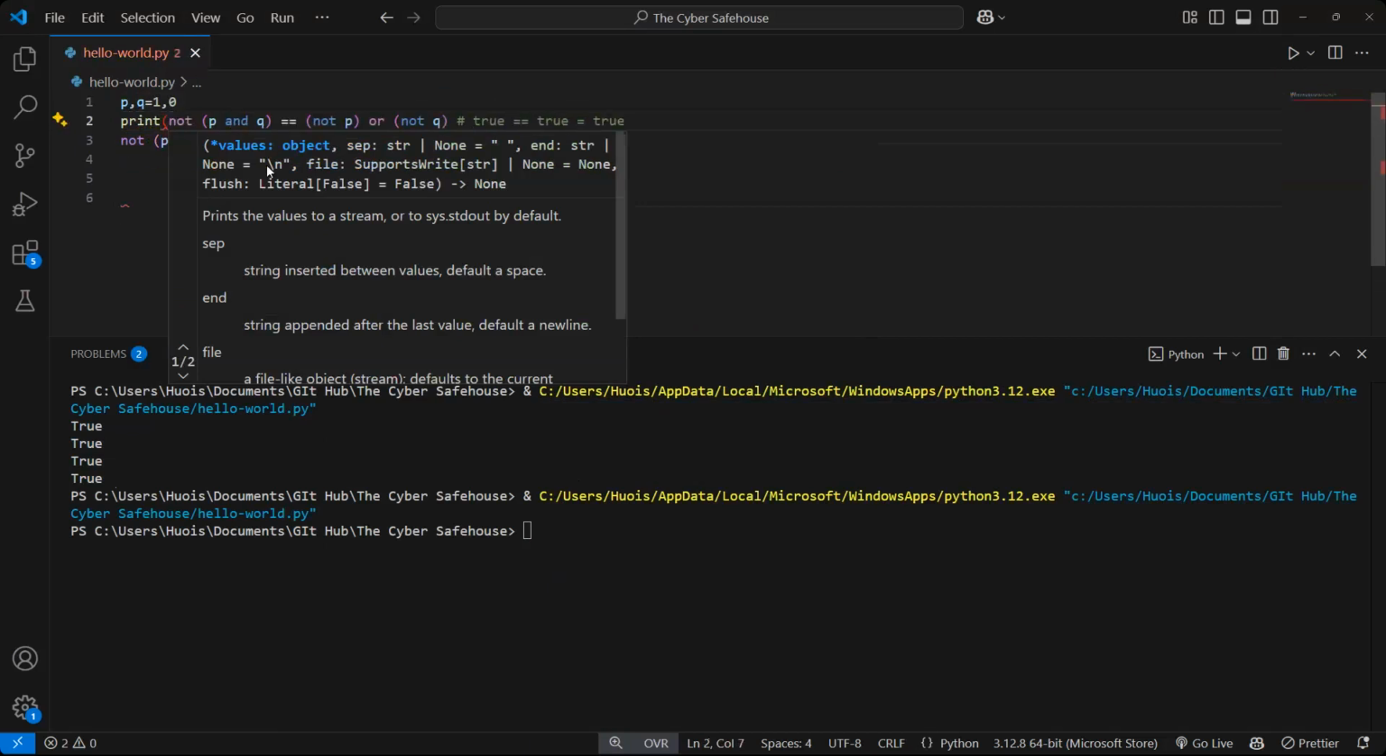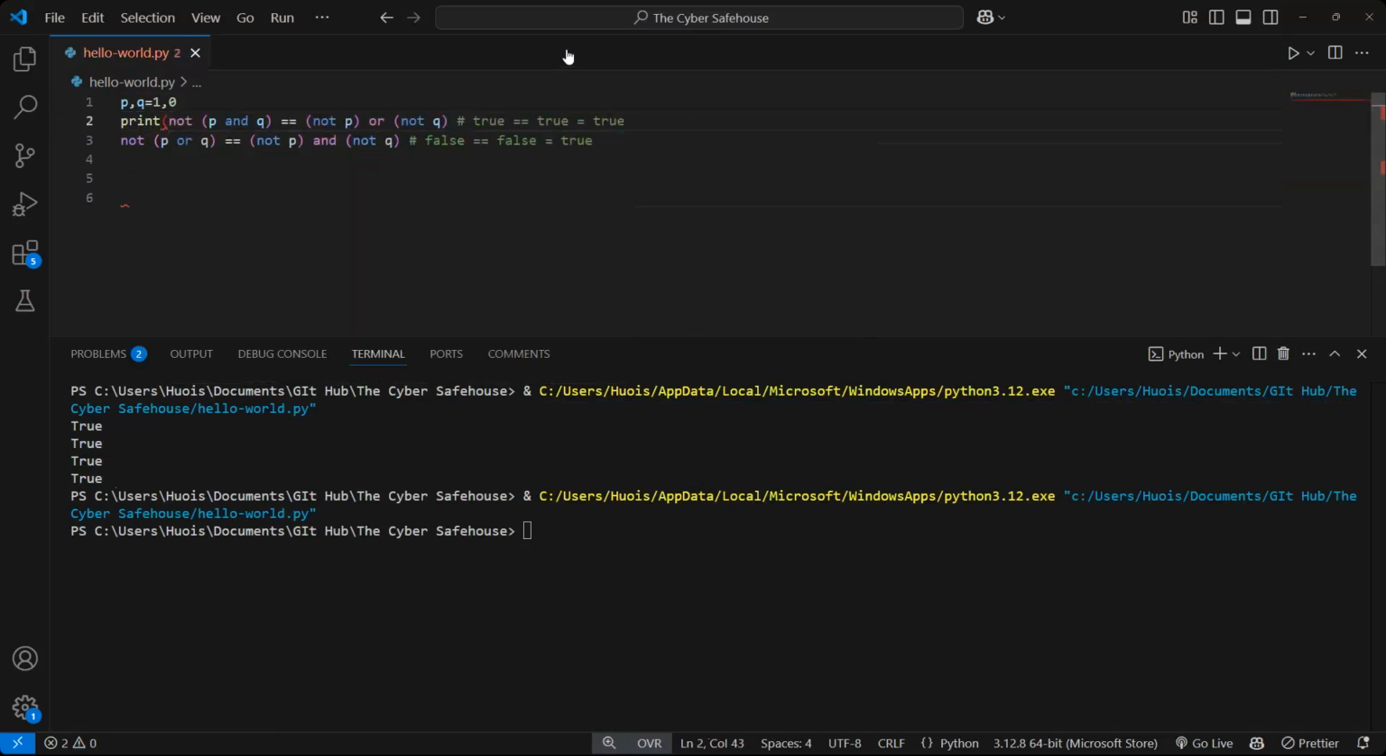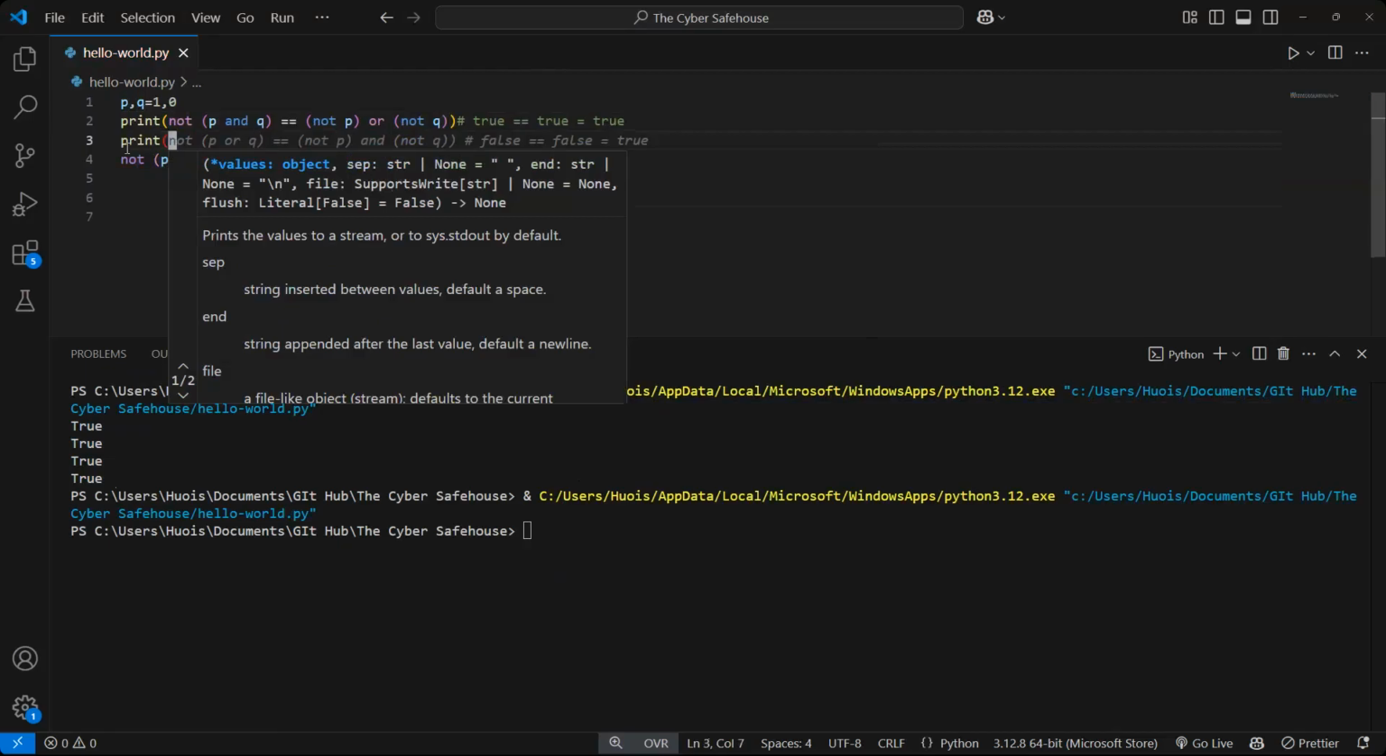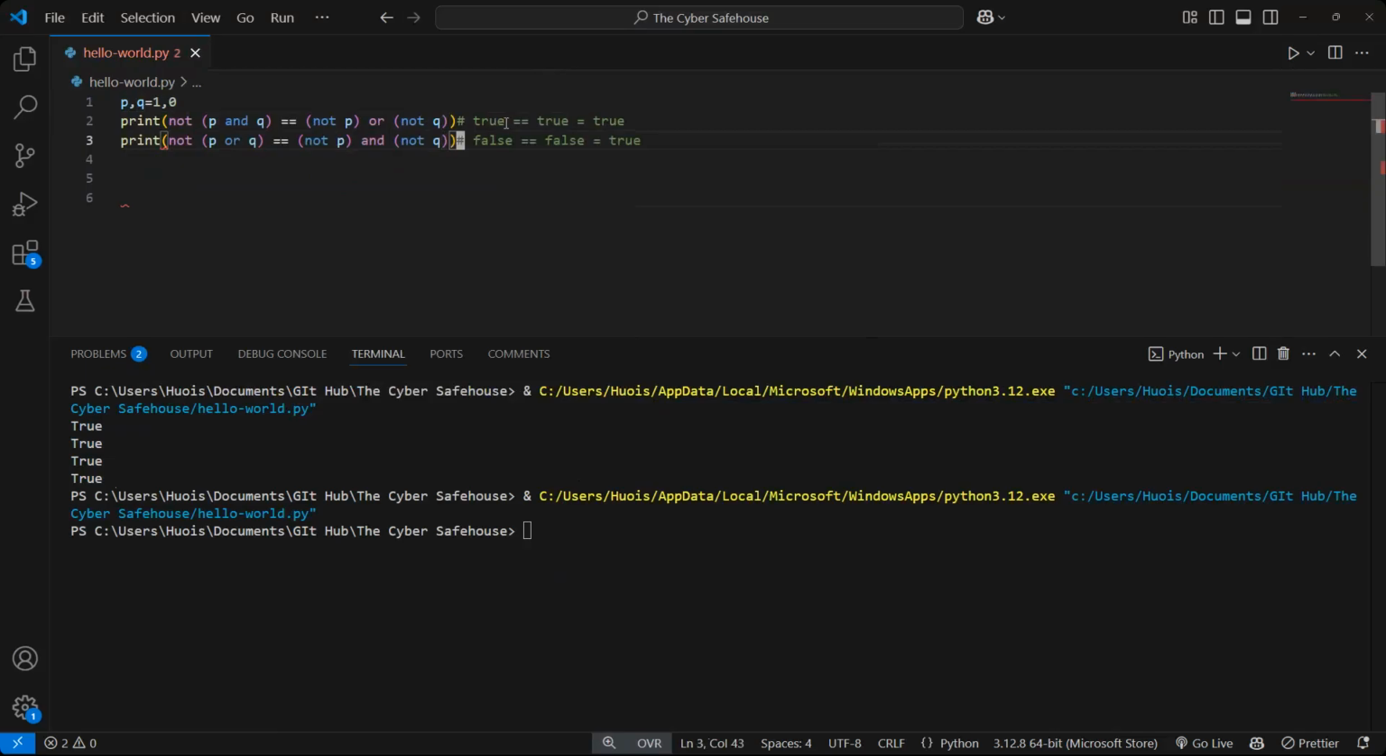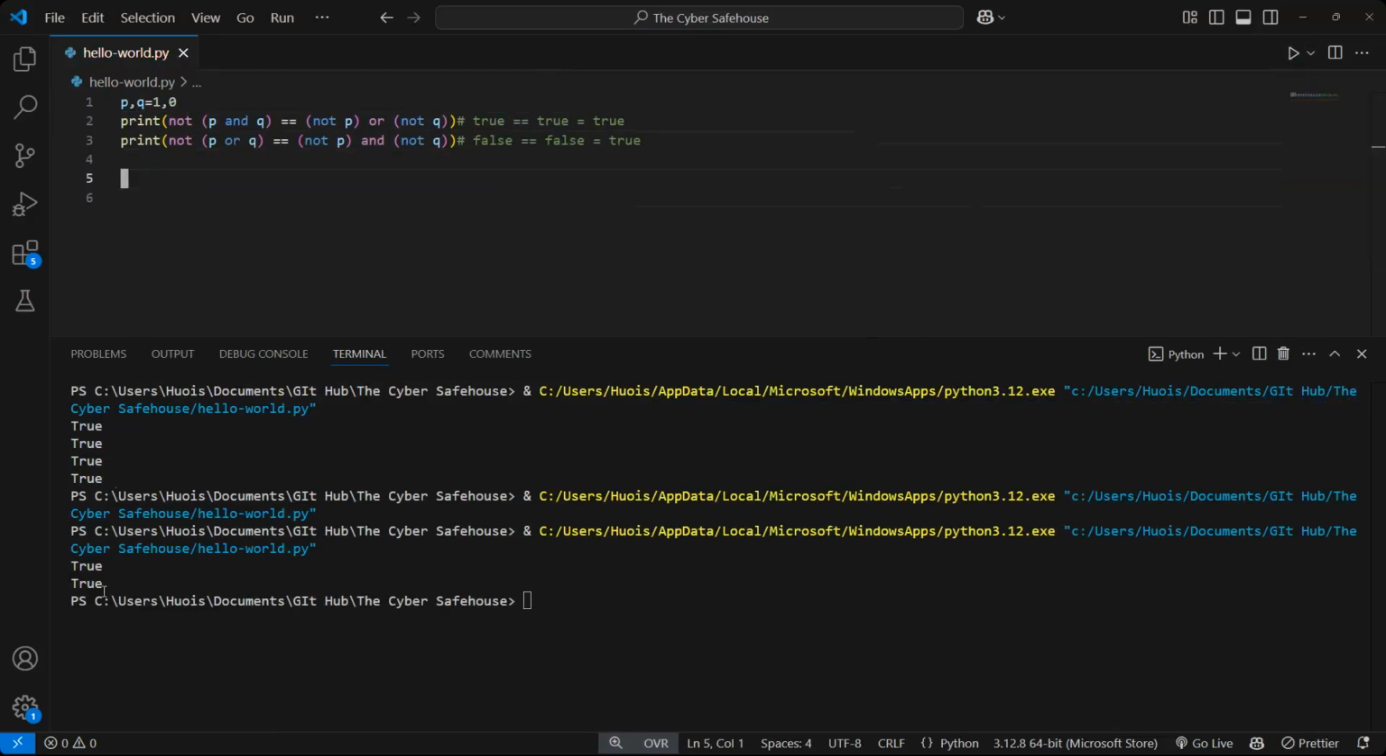Copilot is worrying me. So if I print this, we have true, right? So our answer is correct. And then we also have